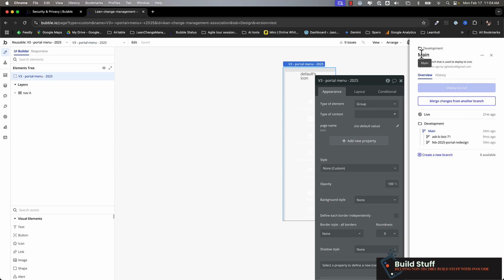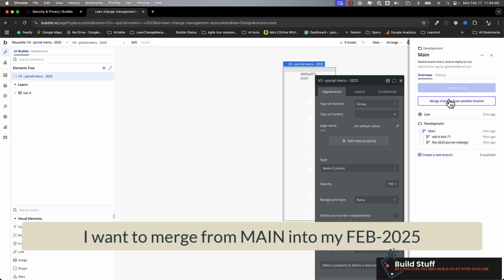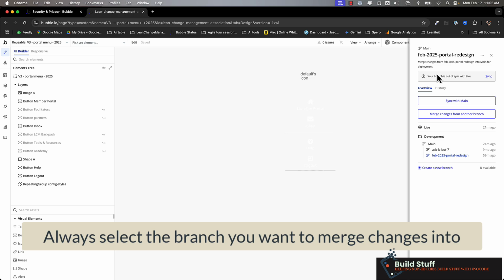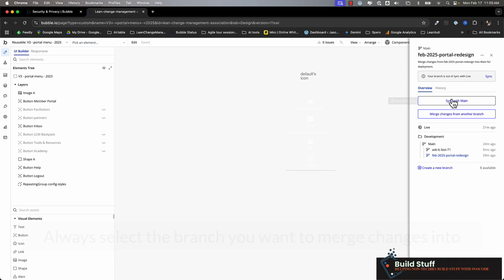Now, because I'm viewing the main branch, if I were to click this button now, it's going to ask me which of these development branches do you want to merge into the main branch. That's not what I want to do. I want to do it the other way around because I still have a bunch of big changes that I'm doing in this portal redesign. So I actually want to select that branch first. And now that's where I'm going to get that message that says your branch is out of sync with main. So now I'm going to click on sync with main,